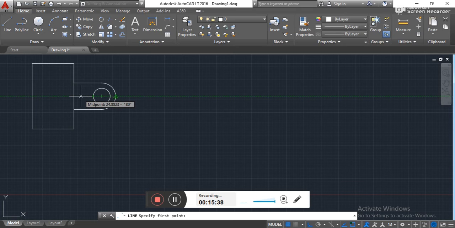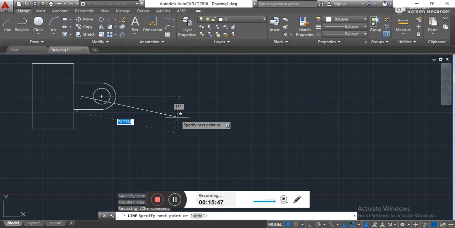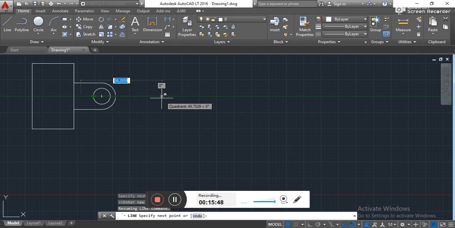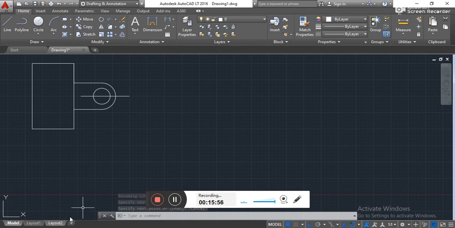So I am selecting this. Okay, I have drawn a line which is passing through the center of the circle, but you can see this is not a center line, this is a continuous thick line.